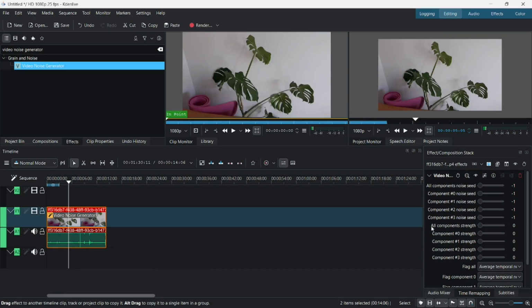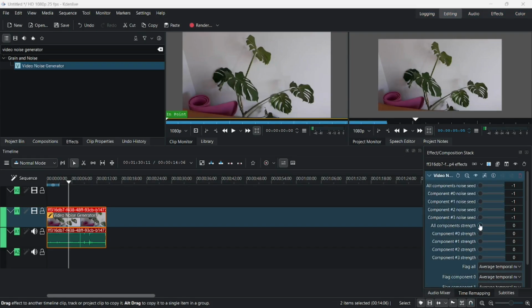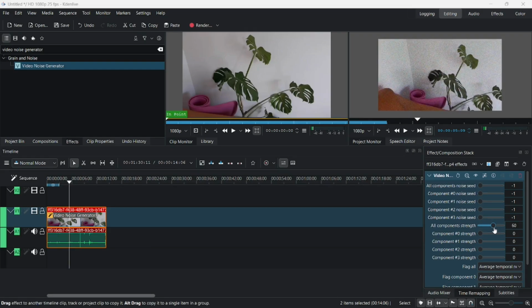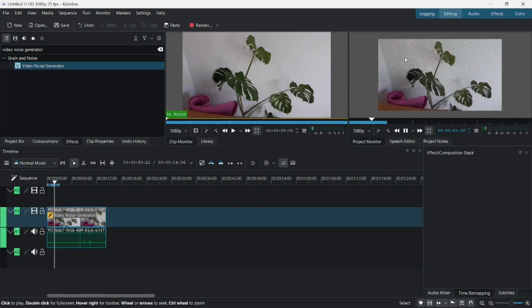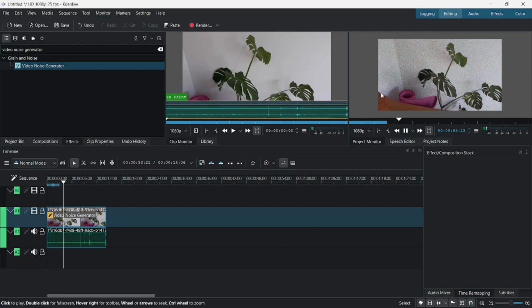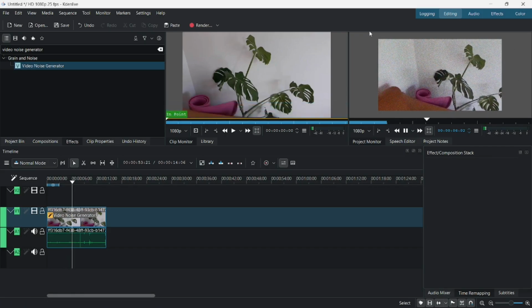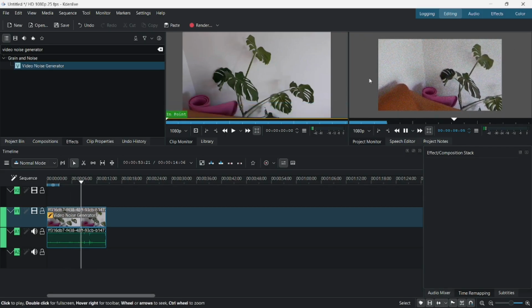I recommend you to find here this option, all components range. We need to increase it, then you will be able to check the effect on your video. So for example, I will set it to 60, and after that it will look really great in my opinion. So after that I can move the start position to the start of video, and I will click play button. As you see, the noise generator has been successfully applied to our video, so it looks really great in my